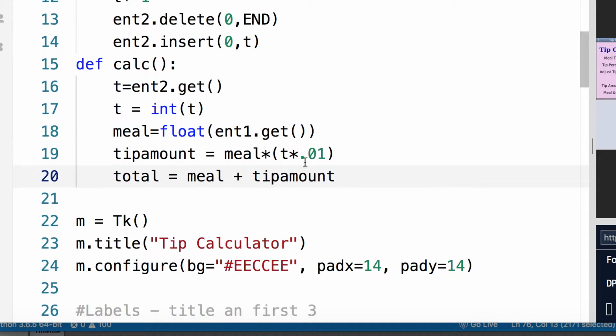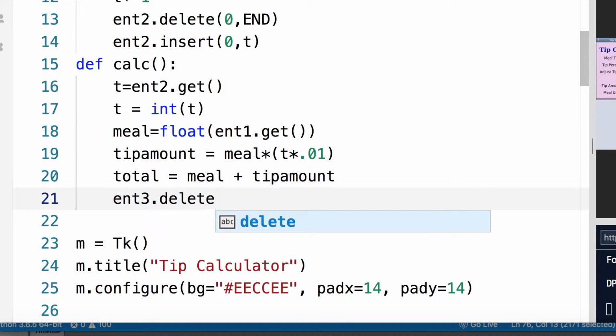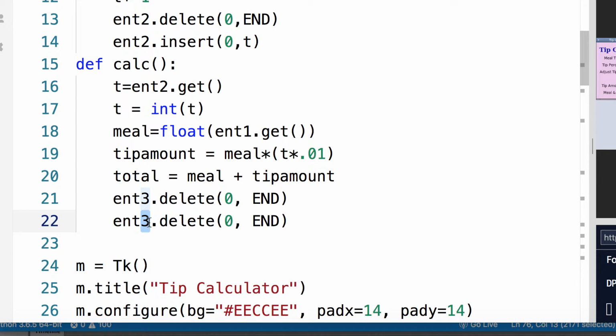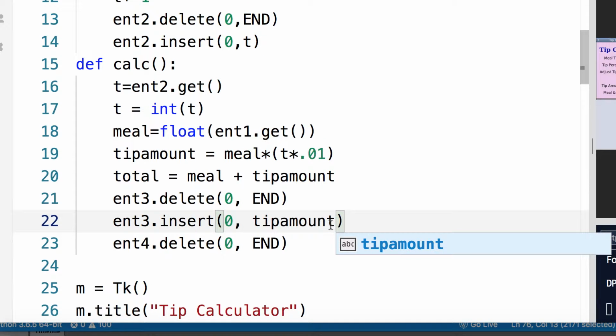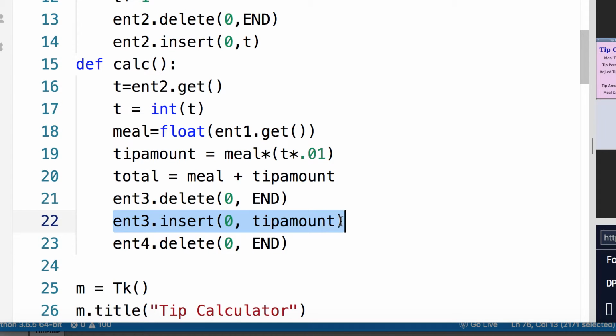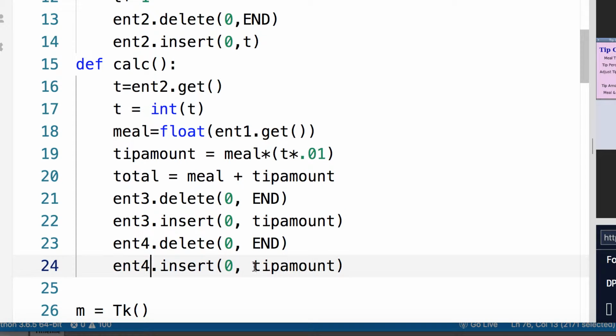But now what we're going to do is we're going to say ent3, and we'll delete just to wipe it out. And we'll do this each time. We'll just put 0, end, and this will be ent4, and this will be ent3. And this time I'll do insert, and it'll be from 0 to tip amount. It'll start there, so it'll show the tip amount in there. And then this one, I'll just copy this, because this will be insert, and this will go from 0 to